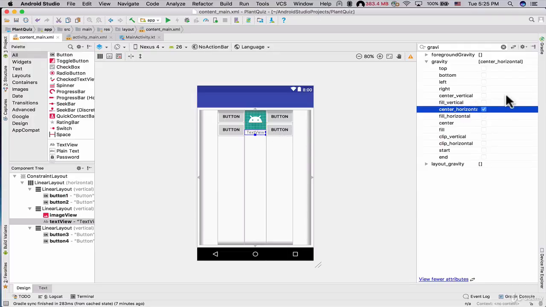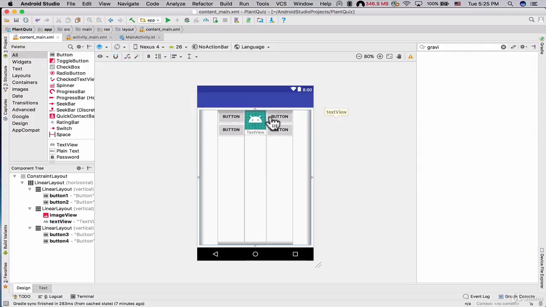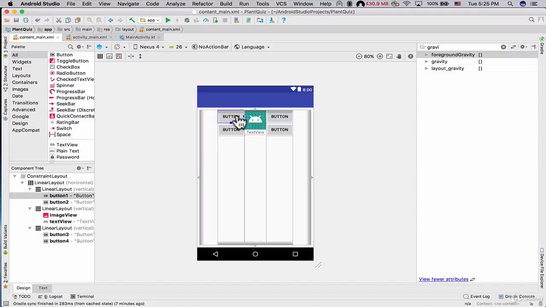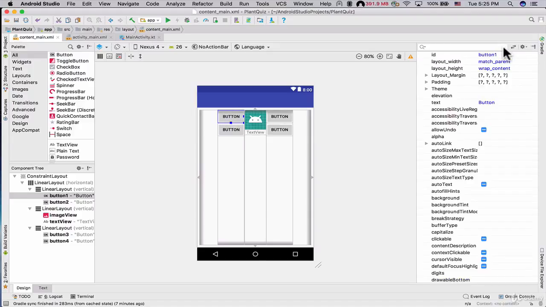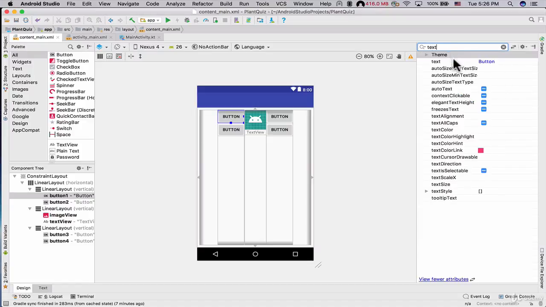So now that the gravity attribute is set for this text view, now I want to specify what happens when this button, for example, this one is clicked. So let's also change the text of these buttons. So select this button here, and now let me search for the text attribute here. So just click on this search icon, and here we can actually search for a specific attribute. So just type in here text. So here, in order to change the text of this button, we have this text attribute here. So just select it, and now change the button to button 1, and then press on enter key on your